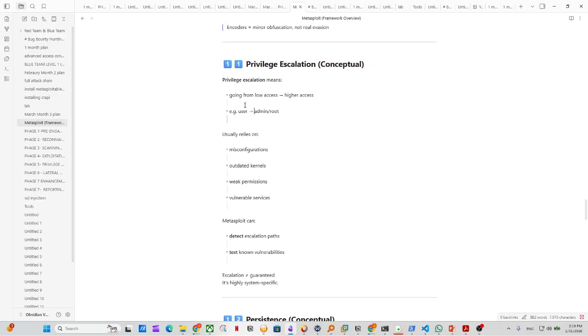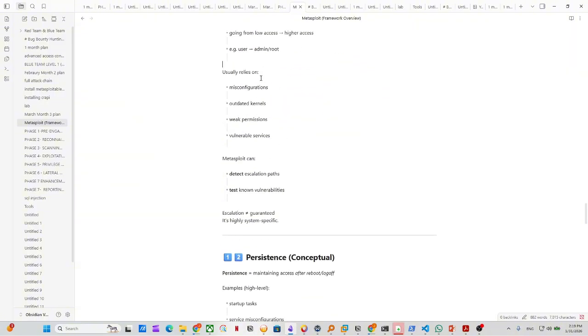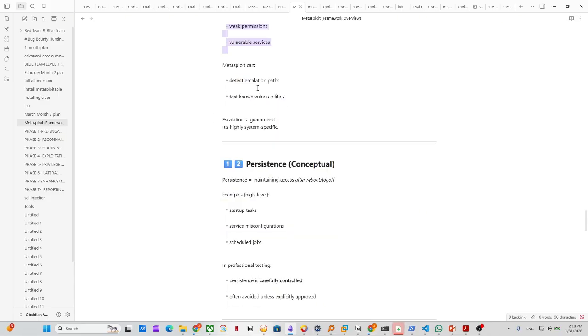Privilege escalation, you just need to understand that privilege escalation is when we go from low access to higher access. For example, I have a user John and I have a user administrator. If I have a user John, I'm just going to have limited access, right? I'm not going to be able to do many things. But if I have user administrator, I will own the system. So it's a way to move John to become an admin. That's basically what it means. It usually relies on misconfiguration, outdated kernel, weak permissions, vulnerable services. Metasploit can detect escalation paths and test known vulnerabilities,